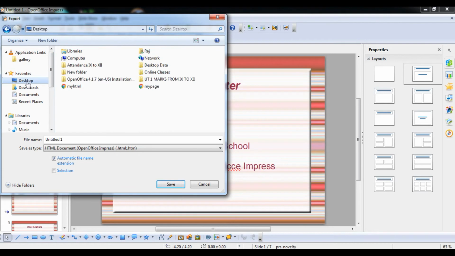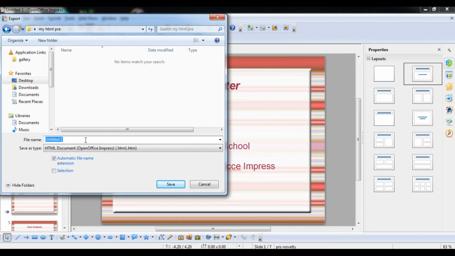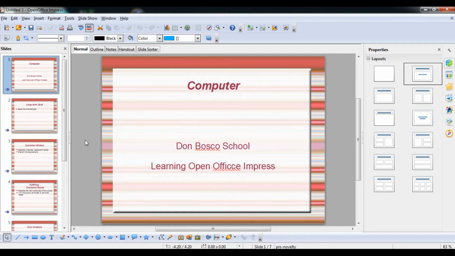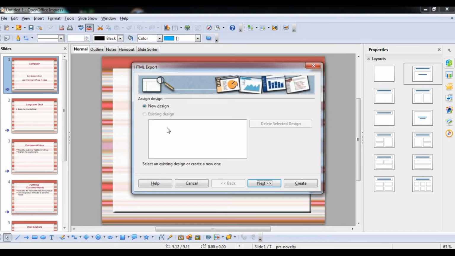Go to desktop, and then I am going to create a folder, my HTML presentation. Student, under that folder you will select my temp presentation and save it.